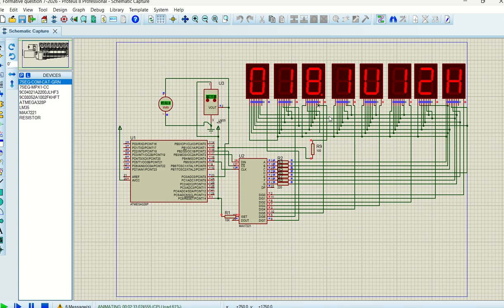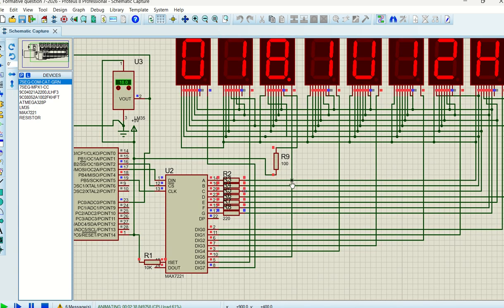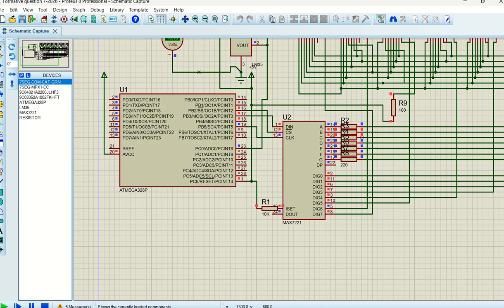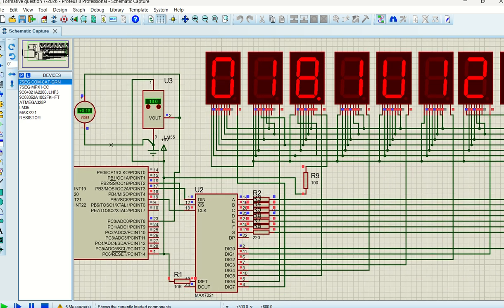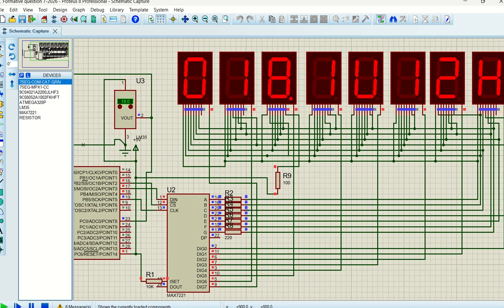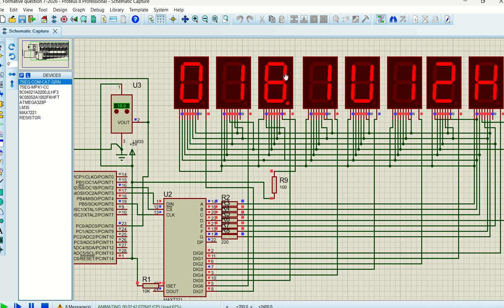30 minus 18 gives us the 12. So I had some questions on the program because it seems to be a little bit confusing. The first thing I did, just to mention it here, you can see that I've placed a resistance in here of 100 ohms, where I permanently switched on this segment here. As you can see, I've switched on the decimal point.